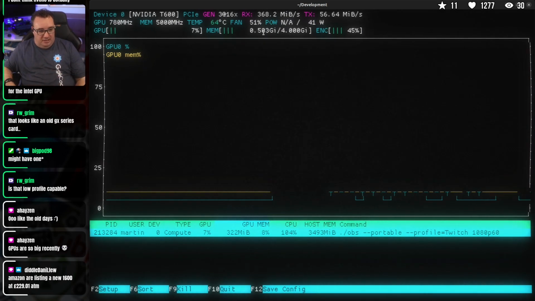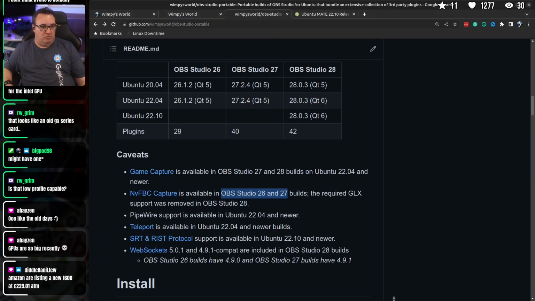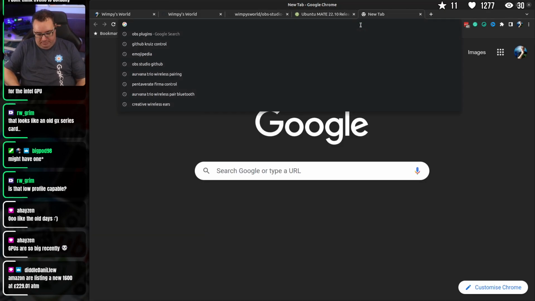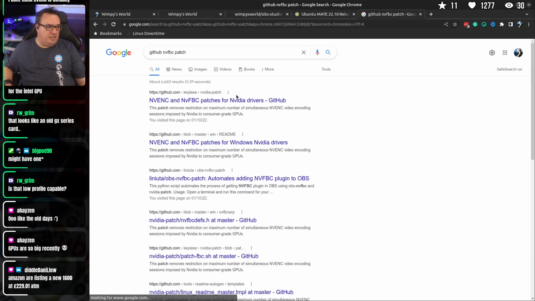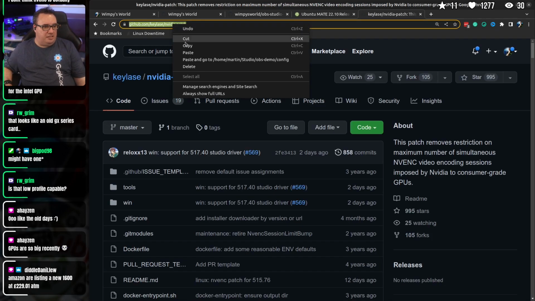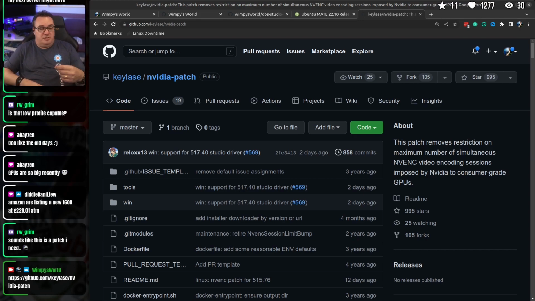And the other thing I do is I binary patch the NVIDIA drivers. So let's go and take a look at that as we're here, which actually removes the consumer restrictions on how many NVENC streams you can run. Is that it? I think that'll find us. Yeah, here we go. So I'll put this in the chat. This here does a couple of things. It will lift the NVENC restrictions, so you can have, I forget how many, but to all intents and purposes it's an unlimited number of NVENC streams. And it also enables NVFBC, which is the equivalent of ShadowPlay, which is otherwise reserved for